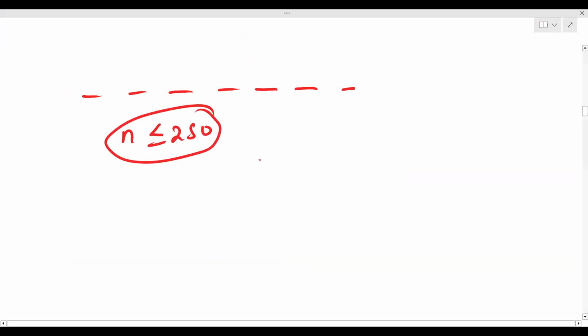Okay, so now coming back to this problem, we have some values. See, n will be less than or equal to 250 for a single test case, and the total value of n will always be less than or equal to 500. This is given in the problem statement, the constraints. So see, first of all,